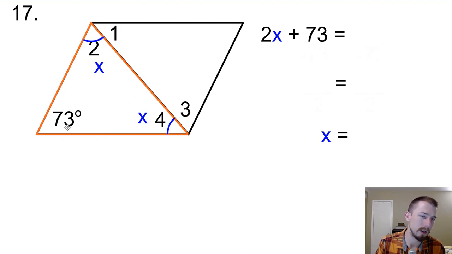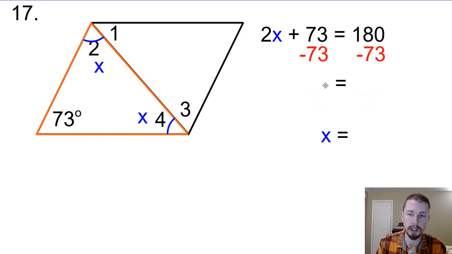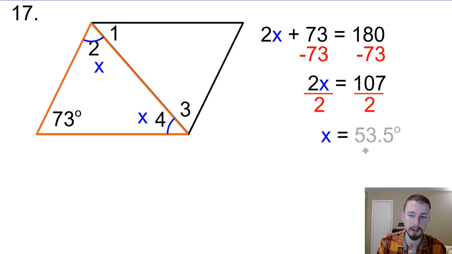So if this is 73 and we have angle 2 and 4, we know these are both the same value x, then we can add them all together. So the 2x plus the 73 is going to be equal to 180 because we do have a triangle, and that'll be how we solve for the value of x on this one. So subtract the 73 from both sides, leaving 2x is equal to 107, divided by 2, and we get x is equal to